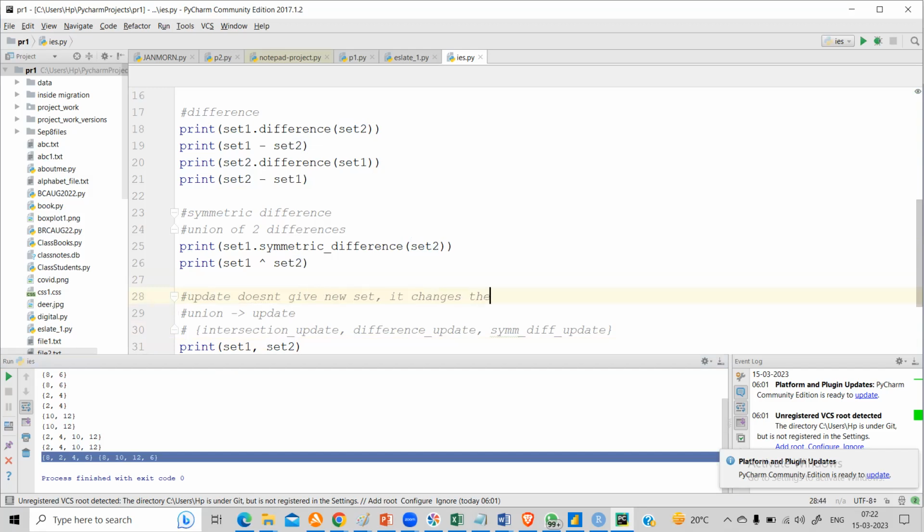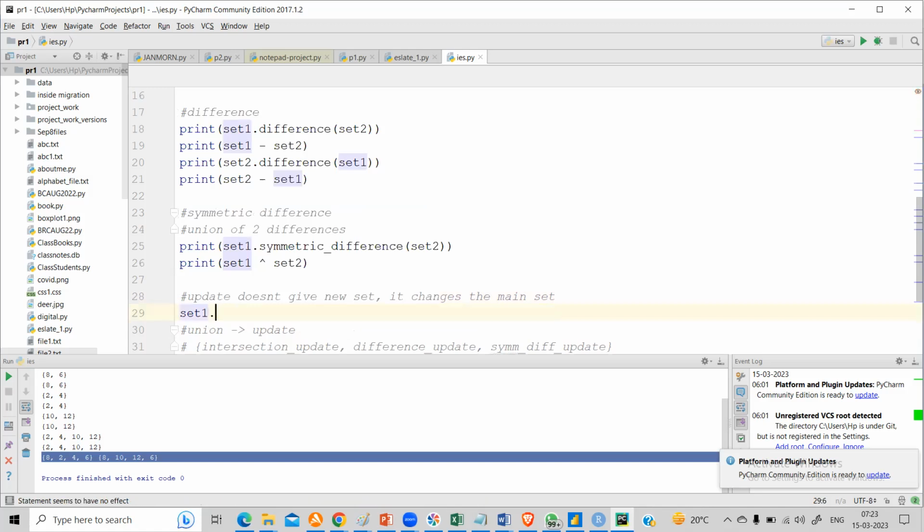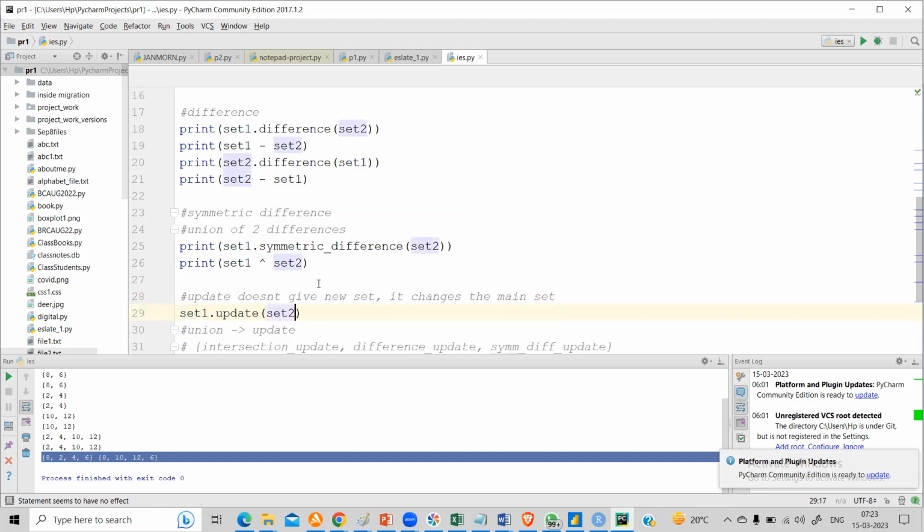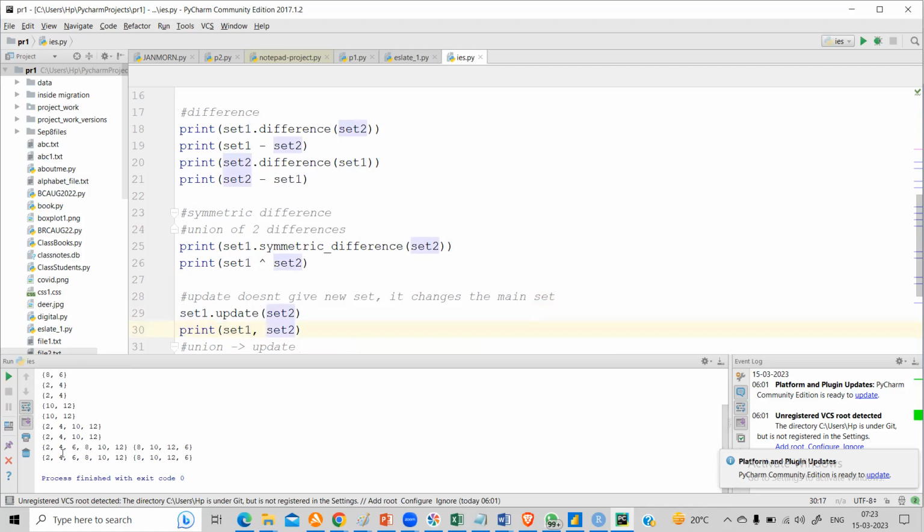It changes the main set. That means if I say set one dot update set two, it will perform the union of set one and set two, and set one will be impacted. Set two will have its own value, but set one values will change. Now if you print set one comma set two,